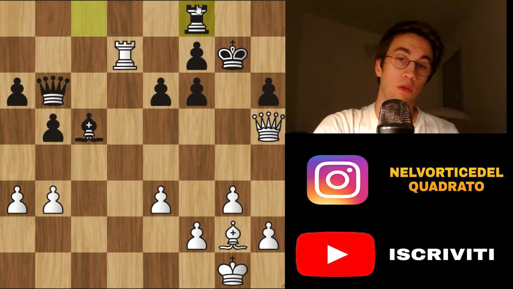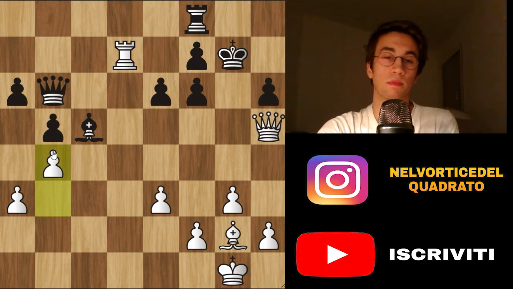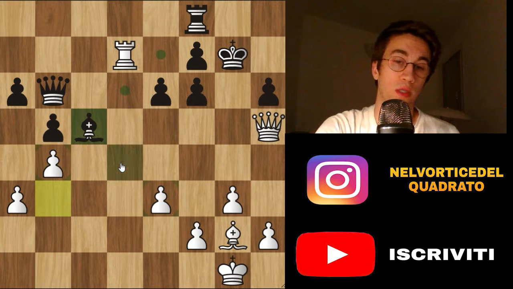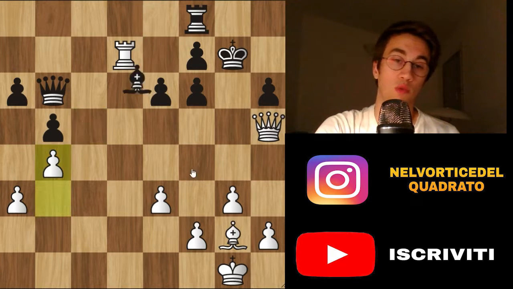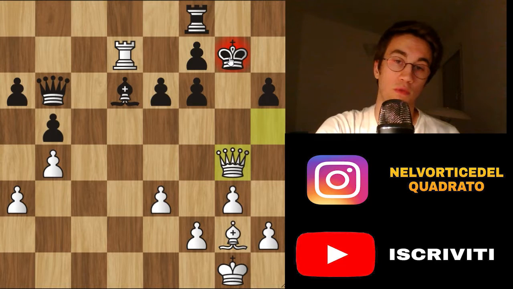and now a really strong move follows, very difficult to see. b4, and after b4, this bishop is in trouble, because it has no square. This is not allowed, this is not allowed, because the rook comes here. The only square possible is this, but here a check follows, and after the check move,